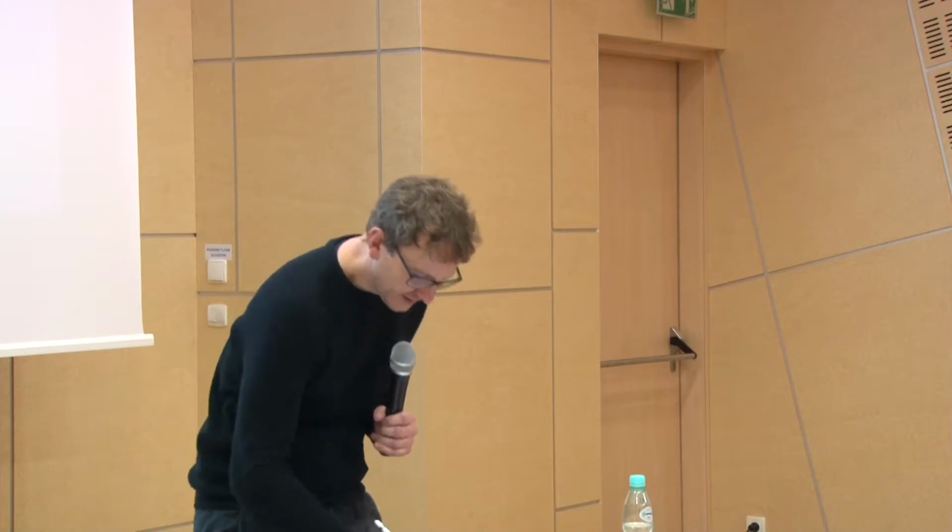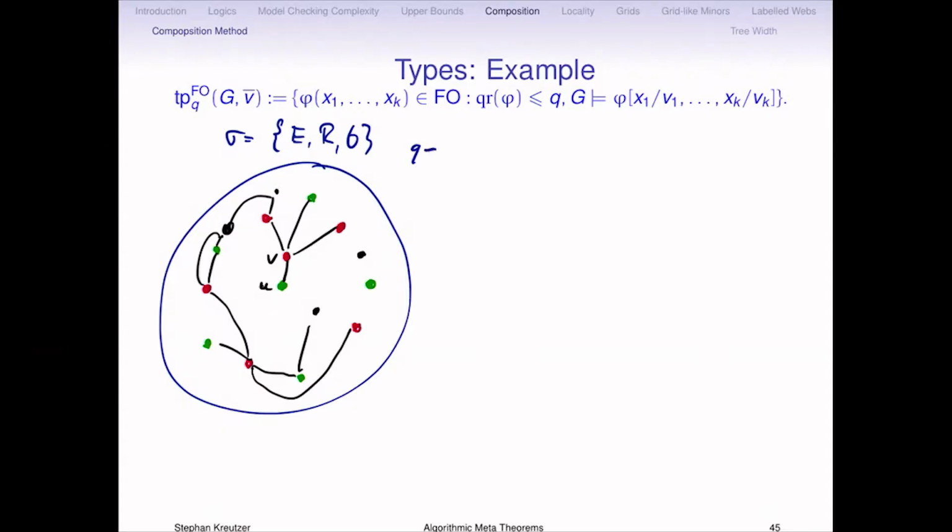All right, so let's start with quantifier rank q equals 0. What is quantifier rank 0? It means you have no quantifiers at all. Well, what can we say about these vertices without any quantifiers? So we look at formulas phi of x1 and x2, where x1 corresponds to v and x2 corresponds to u. To make it easier to read, let's just call these variables u and v, so you know what's corresponding to what.